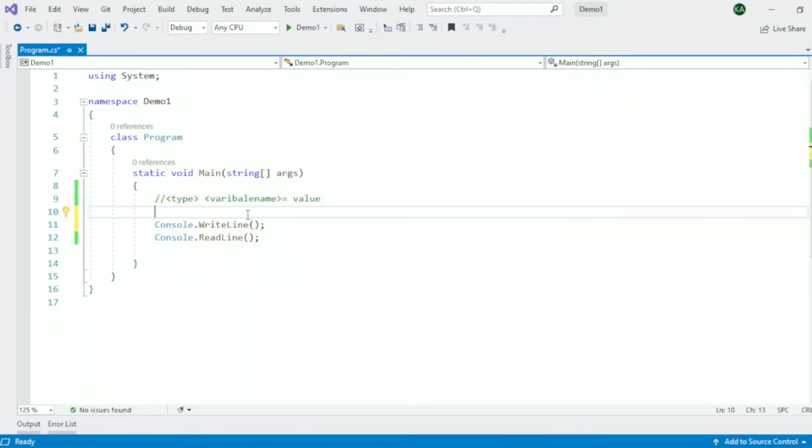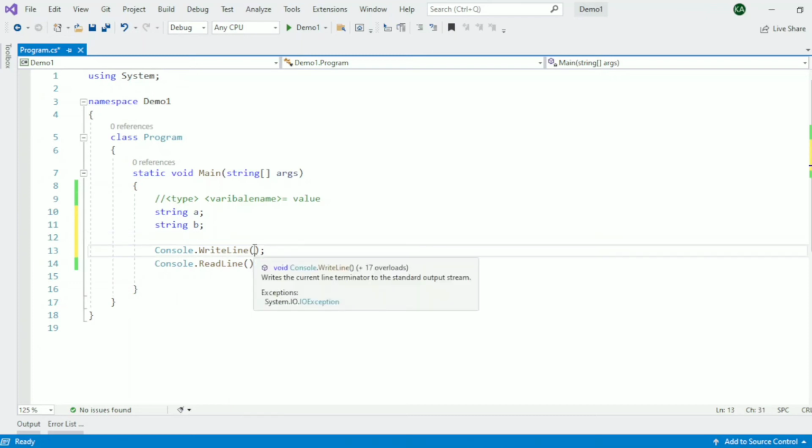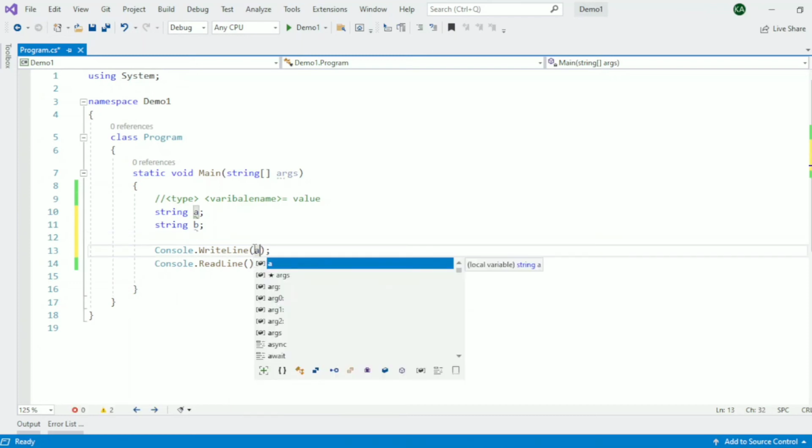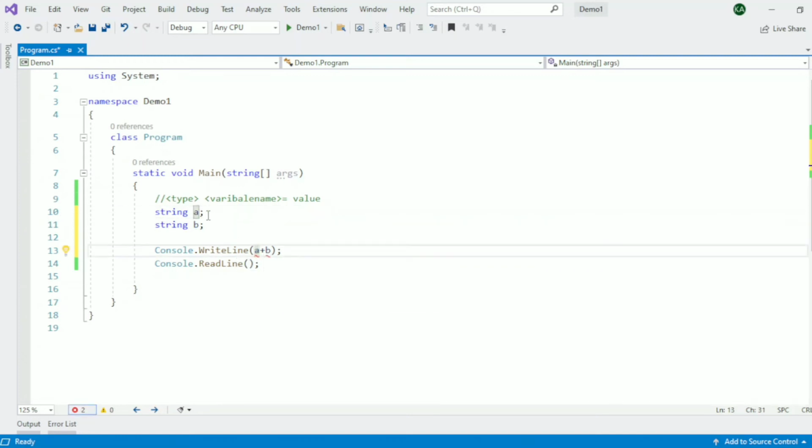Now suppose that we have two strings, string A and string B in our program and we want to print A and B both. First of all, we can't print the value of A before defining its value. We have initialized it, but we haven't given any default value to it. Okay, so we need to always give a value to our variable, whether it is blank or anything else.